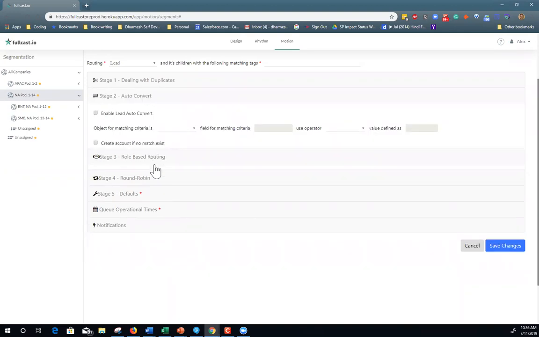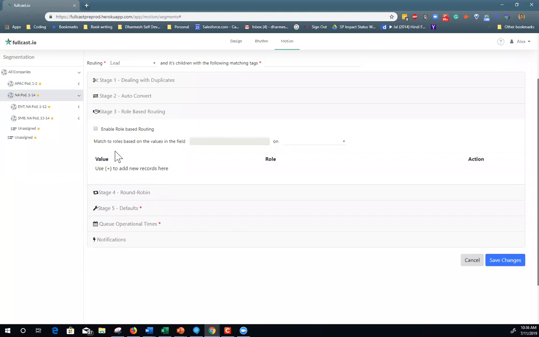Do we have a policy that, if I'm turning on role-based things, based on a role, leads are routed to that role? So in this case, if it's a North America pod for enterprise, I could say, if a lead comes in from an account which is a customer, give it to the account manager role assigned to that given territory, whoever the person is in that account manager role for that territory. It doesn't have to go to an SDR.